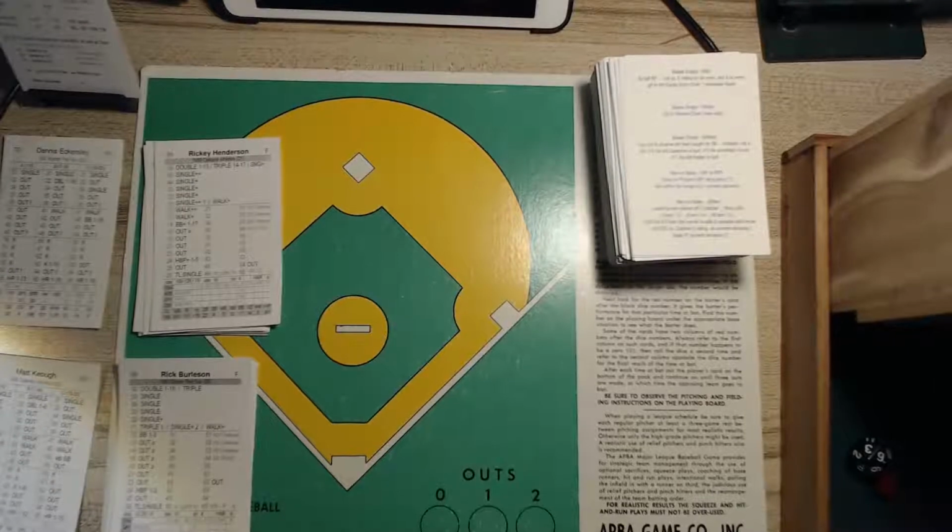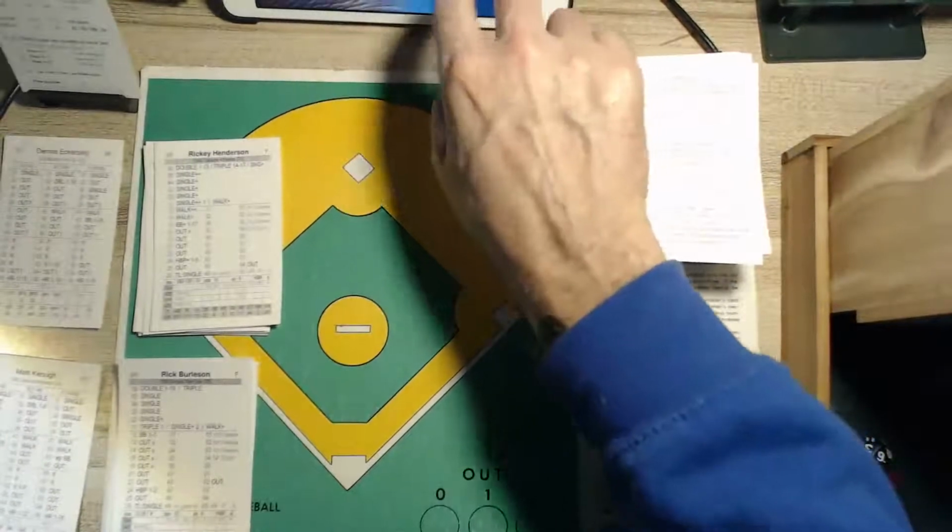It's going to be the Oakland A's visiting the Boston Red Sox. We are at Fenway Park. Dennis Eckersley against Matt Keogh. Eckersley was 12-14, and Matt Keogh was 16-13. So we haven't rolled to see where the pitchers are going to be today, but we're going to